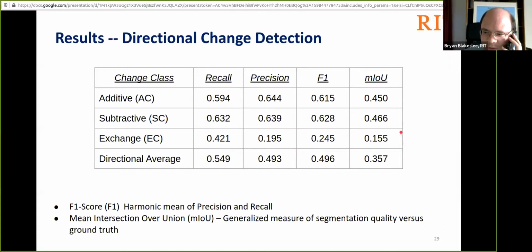The reason for this is perhaps a little counterintuitive, but initially it is the mechanism by which an exchange was defined. When you look back to the definition of directional change, we explicitly define exchange as two objects of interest changing places. However, that's not the only case in which a potentially valid exchange can take place.